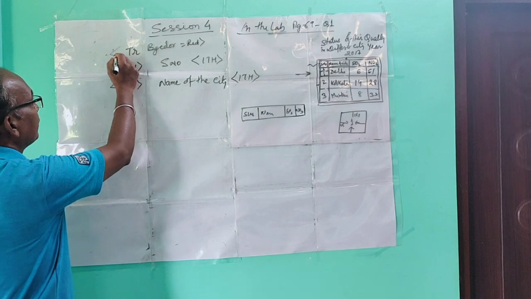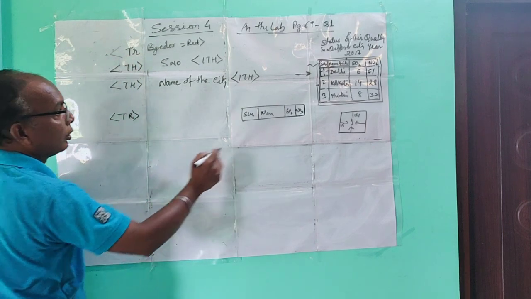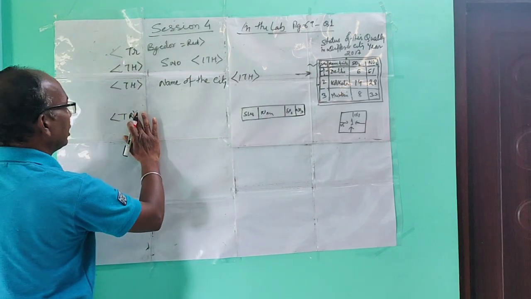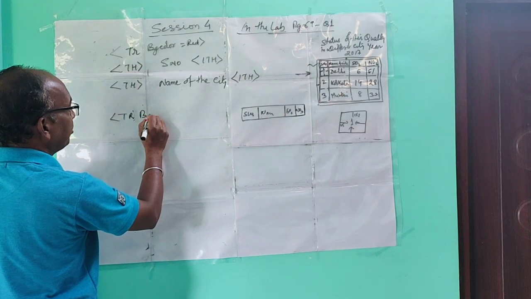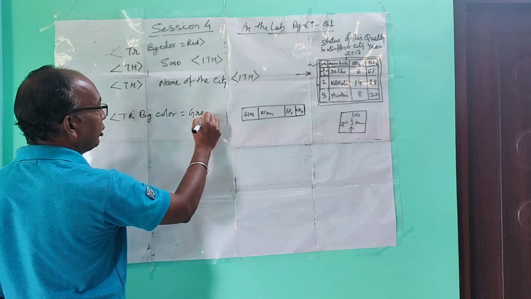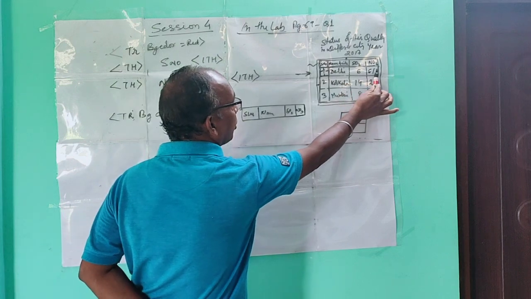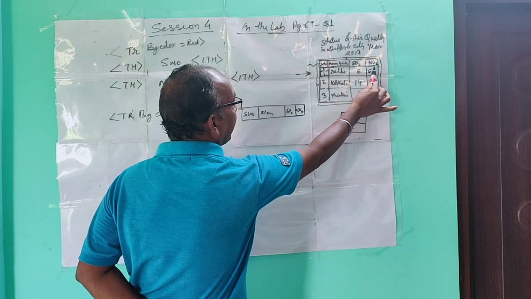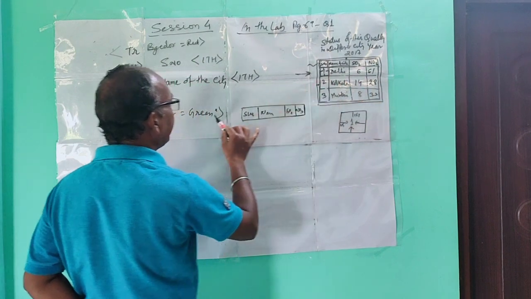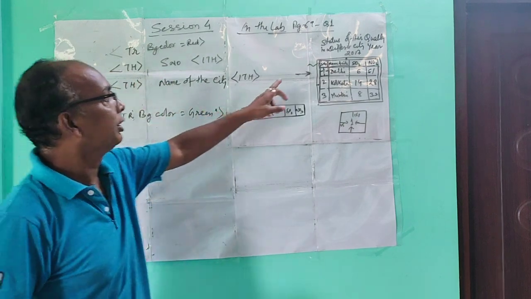Same process for the first tr. For the second tr, you have to use tr bgcolor equals green. Then the whole second row, the background color of the second row, appears green in color. But if you want to change different colors in different